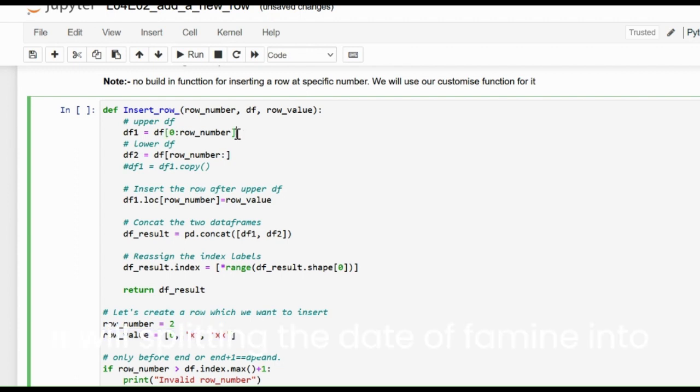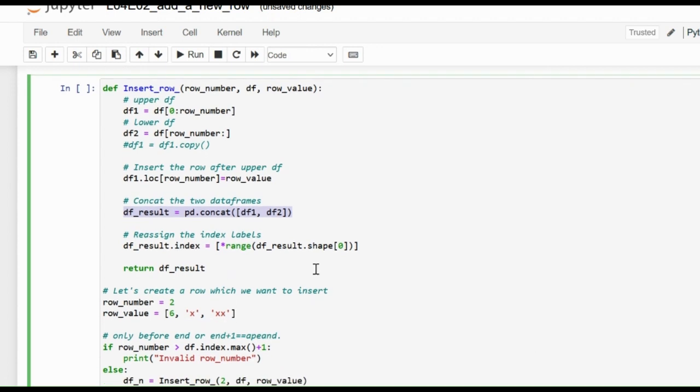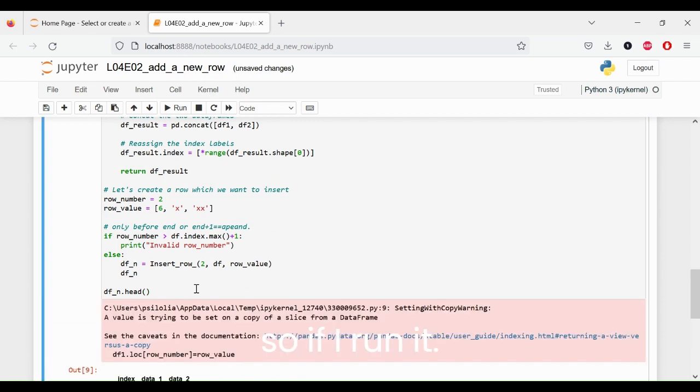it will split the data frame into two, which is from row 0 to row number 2, right? And the second data frame is from row number 2 to the end of the data frame. It's like splitting one data frame into two parts, and at the end of the first part we will append the new row, and then at the end we will add the second part again, right? And then we are reassigning the index. So if I run it,